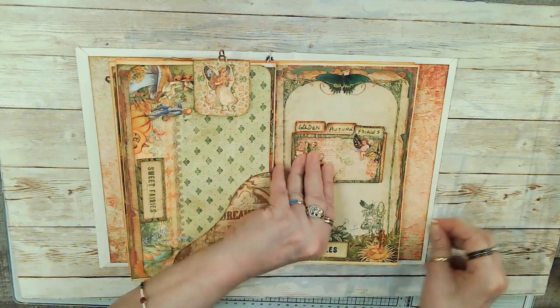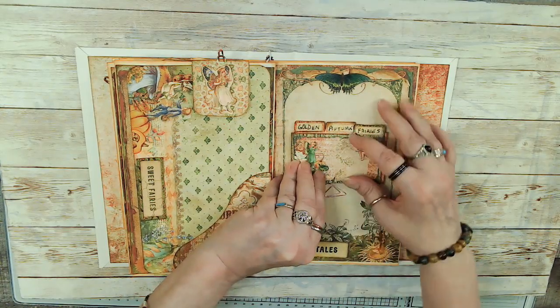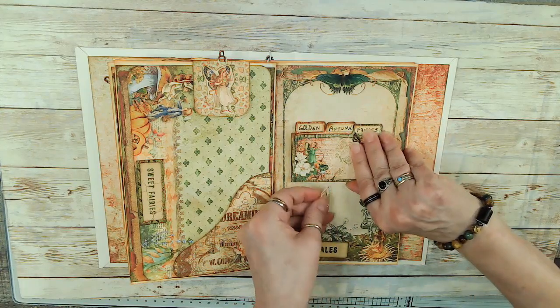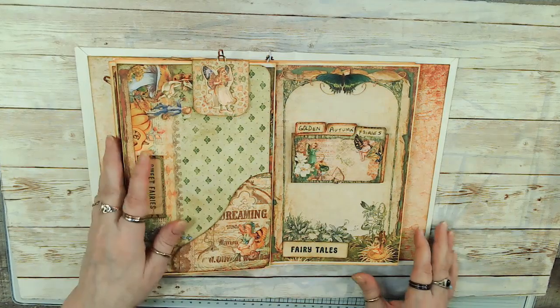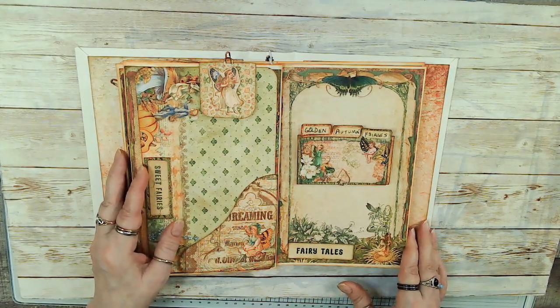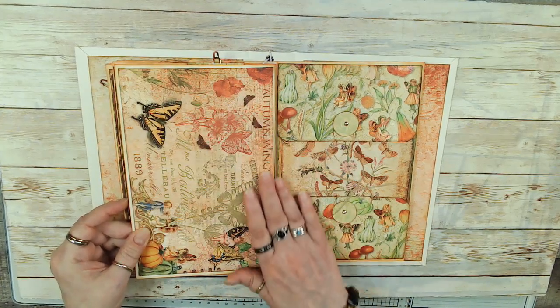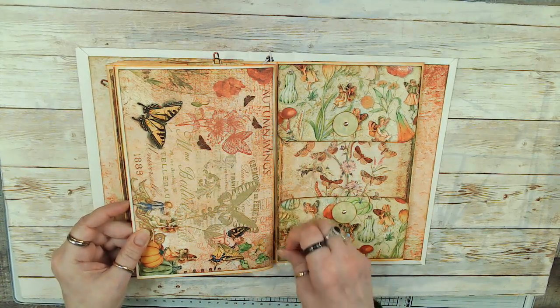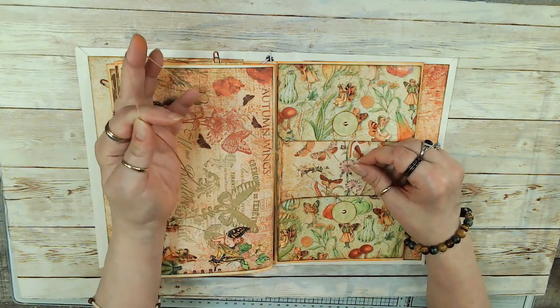And then we put the paper clip back. Oopsie. And it holds the clips or the files in. This side is just a pretty page to look at. Nothing specific. I have this untied because this is